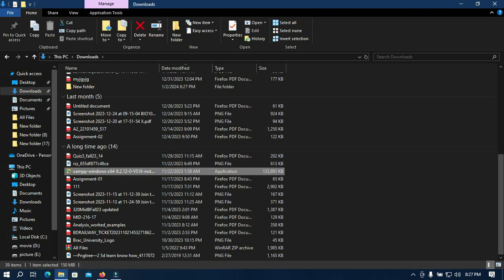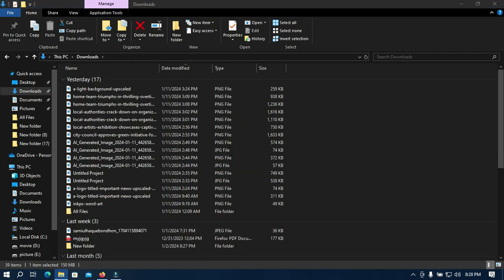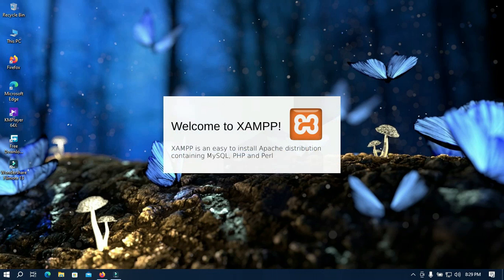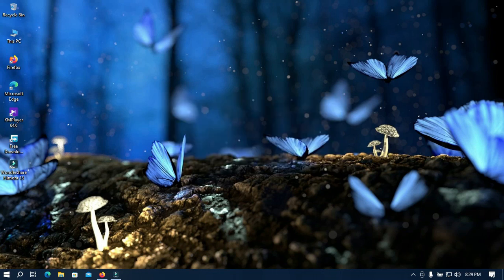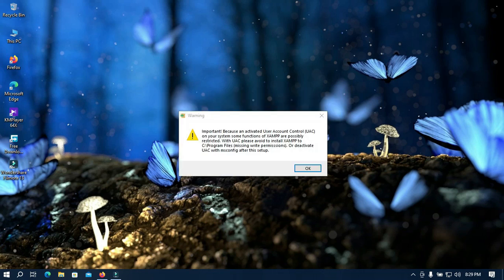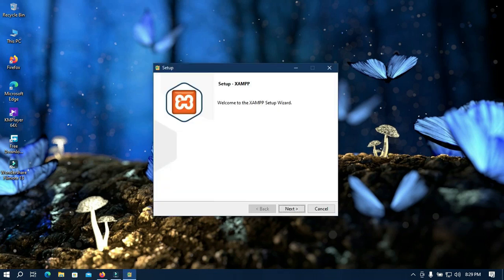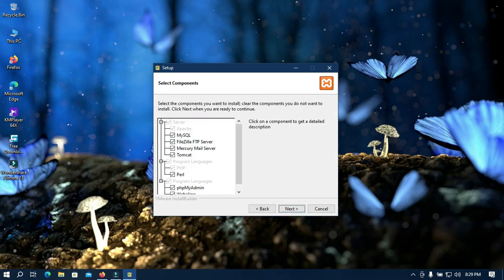Okay, so just double click on this downloaded file and it will start installing. Click on yes. You might get this message, just ignore it and it will be fine. Set up XAMPP, click on next. You don't need to do anything here, just click on next,